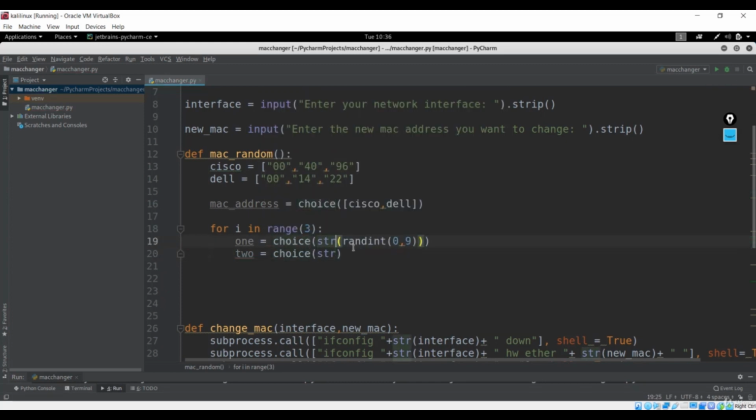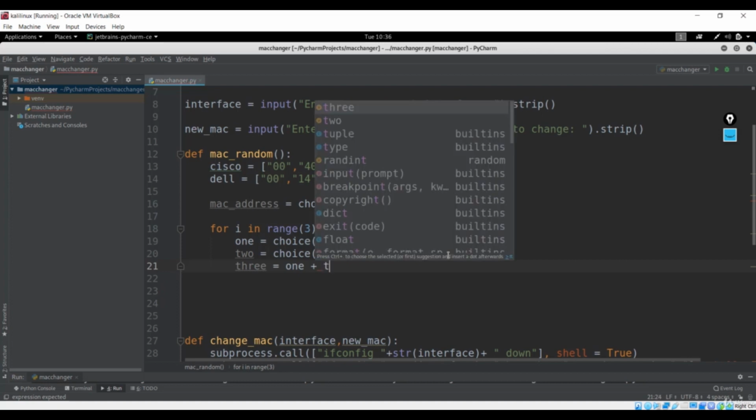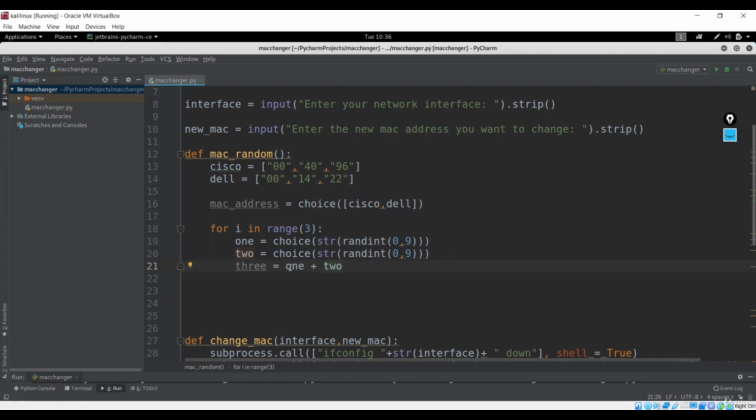Let's see, we have to again do the same thing, that is again one. Okay, one, what I'm doing, so it should be randint, and here I want again 0 to 9. The next statement will be a very important statement because I want to add both of these over here. So I'll just say 1 plus 2, and here I have to first of all